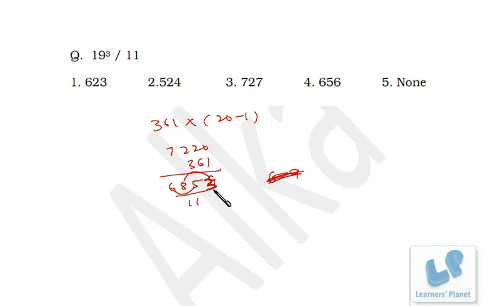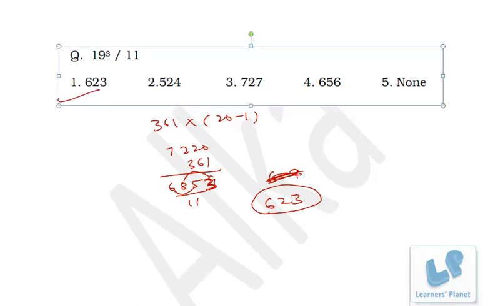Now what we can do, if we have to divide this number by 11, put 3 over here, this last digit over here, first digit over here, and the difference of these two, 5 minus 3, that's the middle digit, right? So 6853, if it is divided by 11, your answer will be 623. Okay, I hope you are clear.